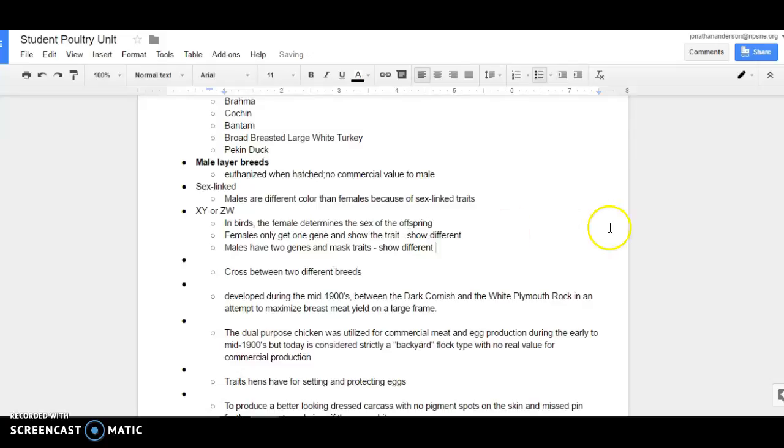So, what we're trying to do then is figure out the best hybrid between different birds, and with that, what we mean by hybrid is a cross between two different breeds. For instance, in the early 1900s, we were able to figure out that if we took a dark Cornish, which is those broad birds, with a Plymouth Rock, we got what's called a Cornish rock, and you get a beautiful white bird. Or at that time, it wasn't white, but you would get